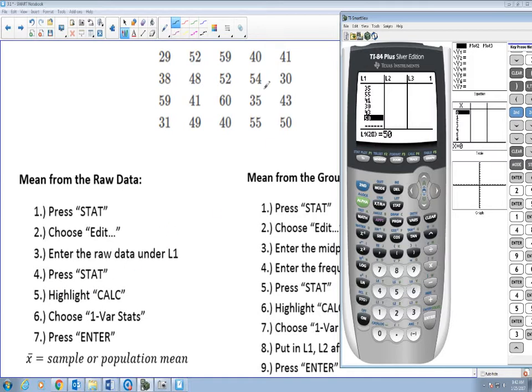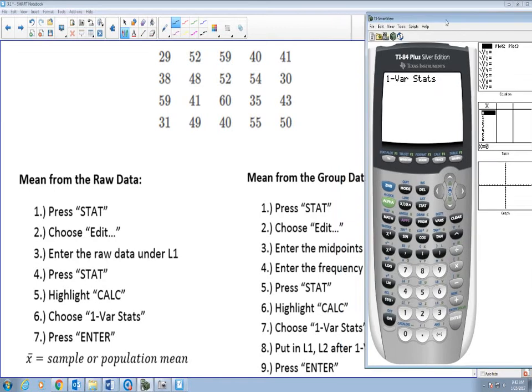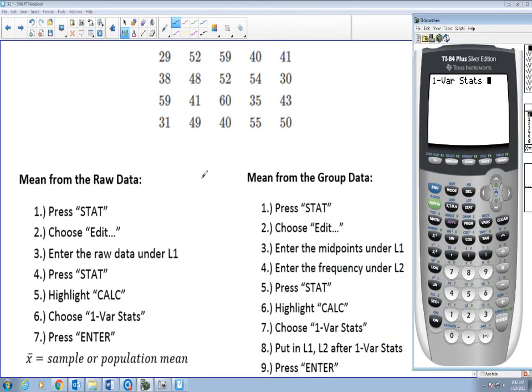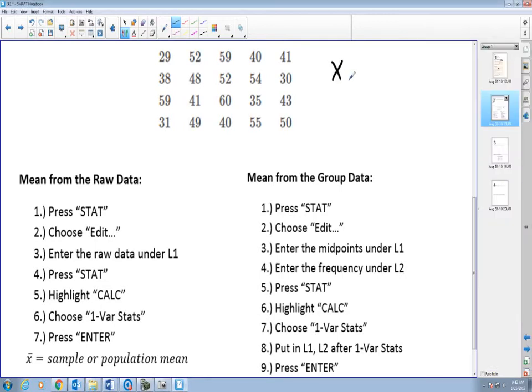So once I type in my raw data, press the word stat again. This time I'm going to highlight the word calc. Go to the right, choose number 1, called one variable statistics. Okay, now if you do not see the same screen as I do here, it's because your calculator is a more updated version. So maybe your calculator might say X list,